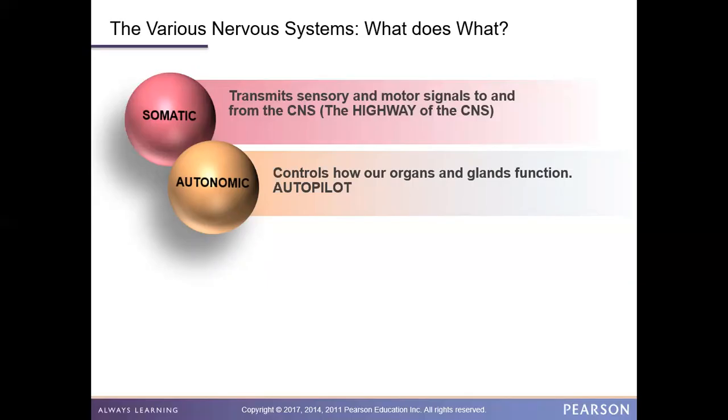You've been breathing this entire time you've been watching this video. You haven't had to think of it. If you were to think about that, at some point you would get overly stressed or forget, or something would distract you, and guess what? You would die in a short amount of time. So this autopilot, the autonomic nervous system, does all these things for us, so we don't have to spend so much time thinking about getting them done. It runs on autopilot.